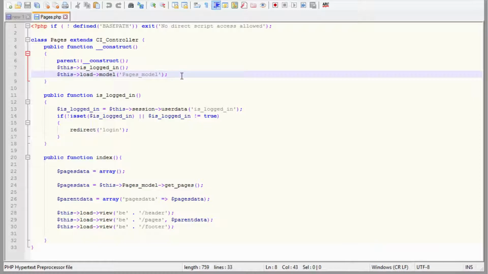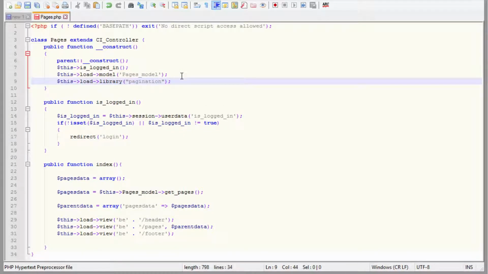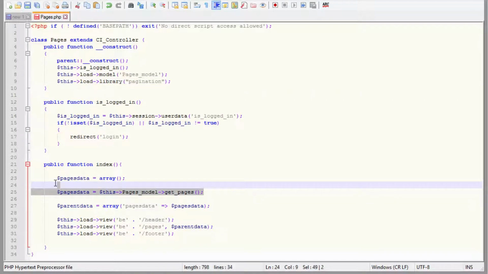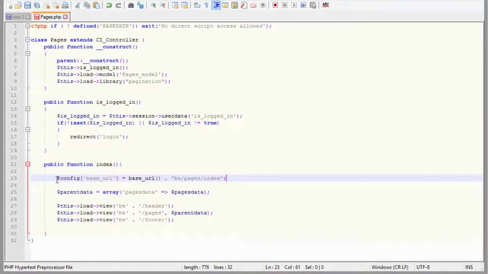Now straight away we'll need to add in a library for our pagination, and then down here on our function index we want to change some stuff. So what we'll do is remove these two calls here, and then we'll start off with the base URL for our config. Our config will determine how our pagination works. So a config will contain the information our pagination needs to set out our pages. So first of all it needs to know which function it needs to use, and we'll tell it that it's the base URL, backend, pages controller, which is the one we're in,